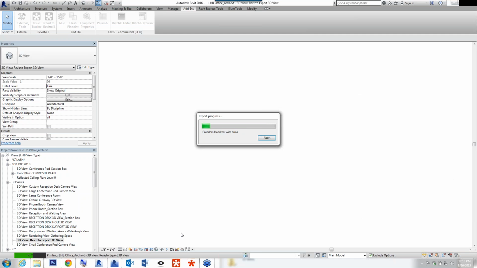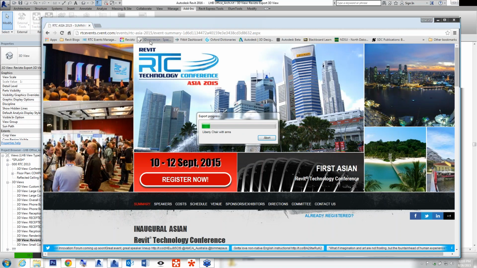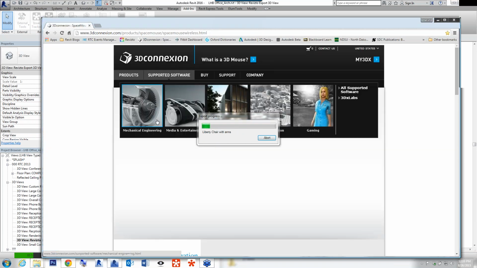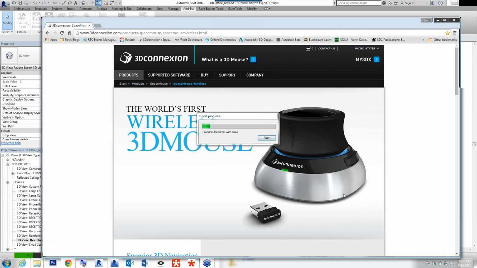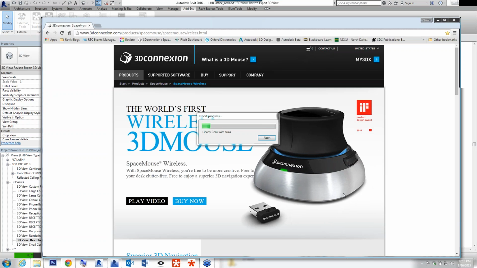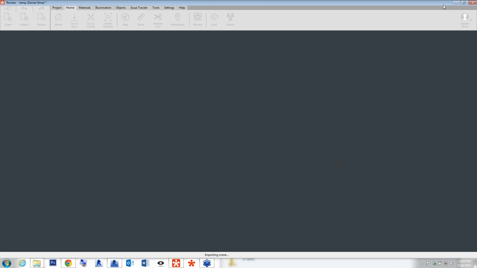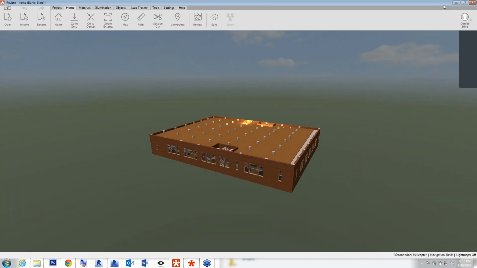And this can be done with the 3D mouse. So let me show you that real quick while the model is exporting. So this is the 3D mouse that I'm going to use in this presentation. I've had one of these for years, and just lately software has been coming out like Revizto where you can actually use this. I find that in Revit it's too clunky. Revit's trying to do more than just visualize the model, so it's really hard to navigate within Revit using that particular tool. But here I find it really indispensable.